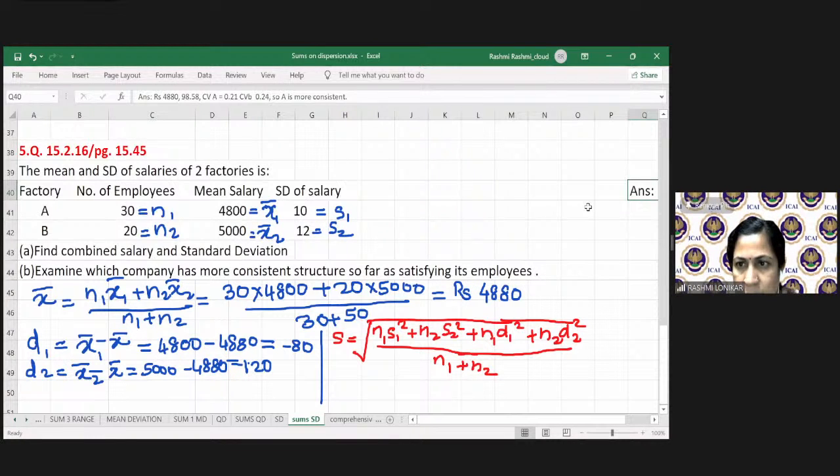Okay, I will just have to check the answer. So I will have to see. You can see it in the book also. The answer will be given. So you will substitute over here. So S will be